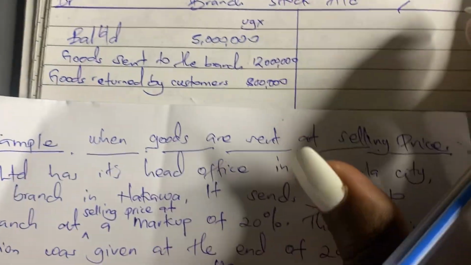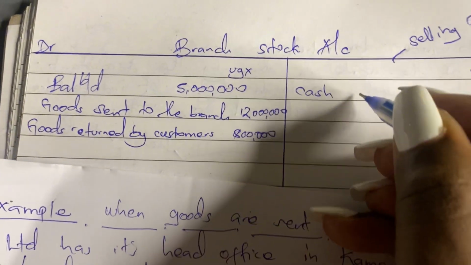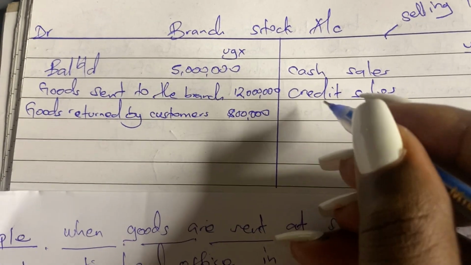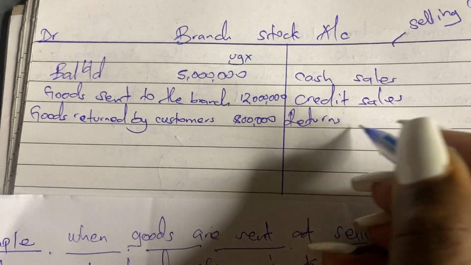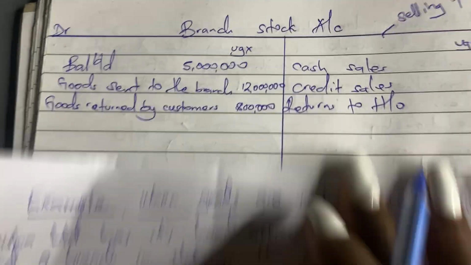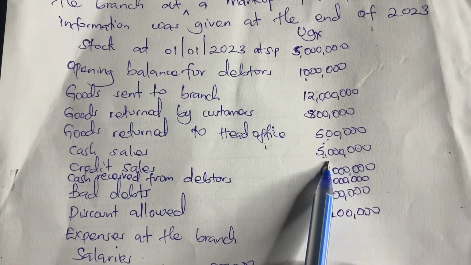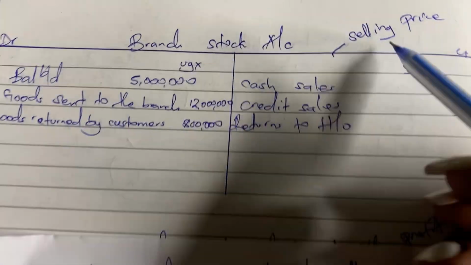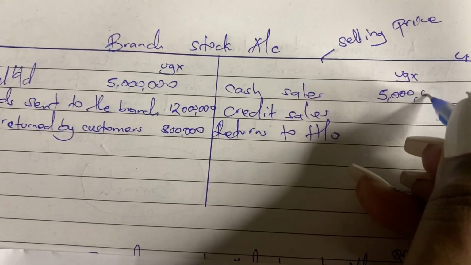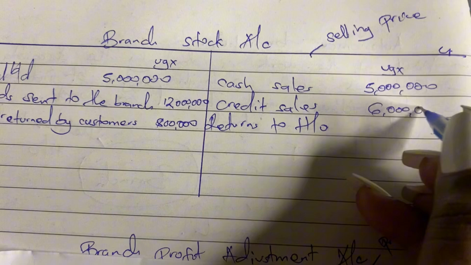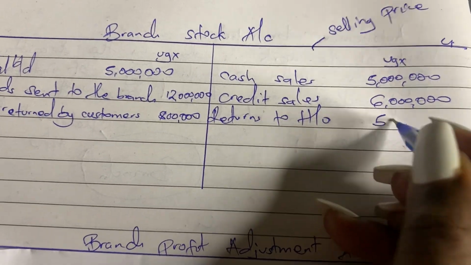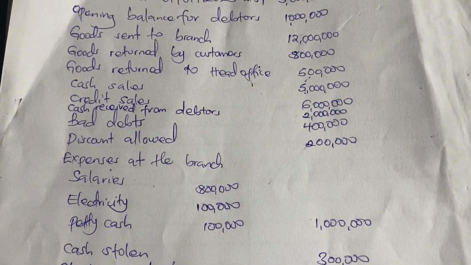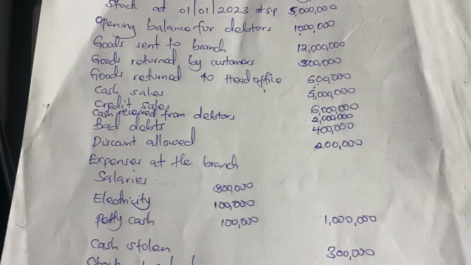Then on this side we have cash sales, then also credit sales, then returns to head office. So here the cash sales that we had is 5M, the credit sales is 6M, then goods returned to head office is 500,000. In case there was stock stolen or normal loss, we would also put them on the credit side,